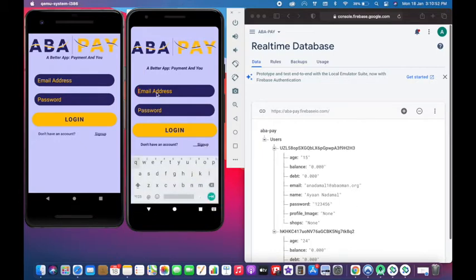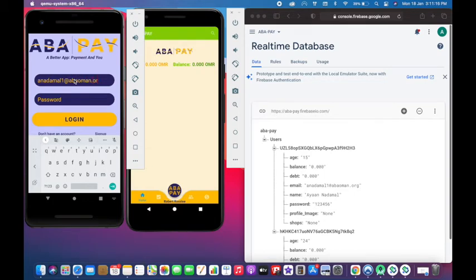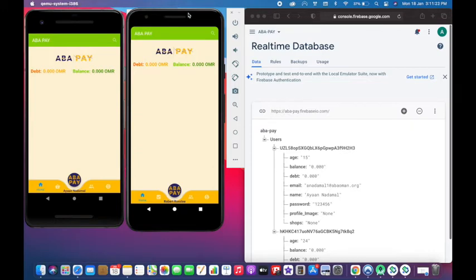Alright, so now we're gonna put over here our account for the teacher. Okay, so now we have entered the home screen where we have two different accounts. We have a teacher account right here, Mr. Robert Rossley. Now we've entered the home page where we have two accounts. We have a student account right here of Ayan Nadamu, and we have a teacher account of Mr. Robert Rossley. So now we have, as you can see, there's a slight difference over here between the teacher and